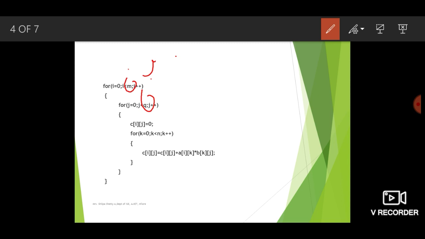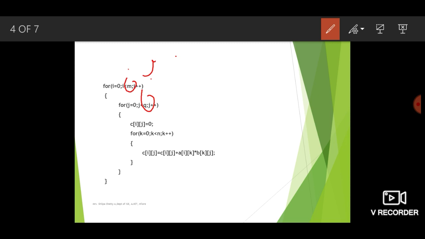How many elements are there in each row is the number of columns in the first matrix, or the number of rows in the second matrix. So that many multiplications will be there. So we write another for loop that represents the number of multiplications. That for loop is written like this: for k = 0, k < n, because the total number of multiplications is equal to the number of columns in the first matrix or the number of rows in the second matrix.